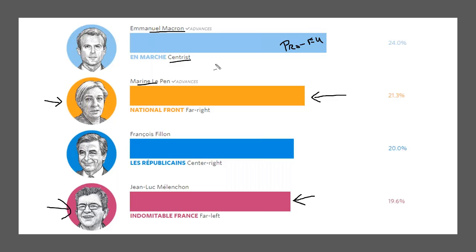So if you're not familiar with the French elections, it's no big deal. They have two different voting times: a first round and a second round. The first round basically decides who's going to be in the second round. And so you had all of these people who were voted for in the recent election last week,